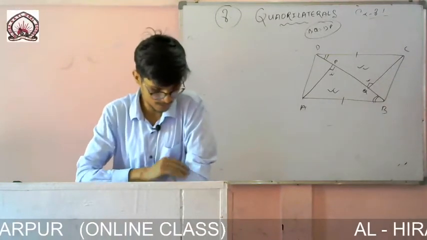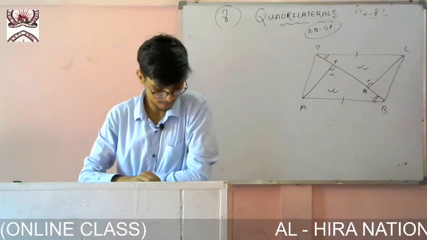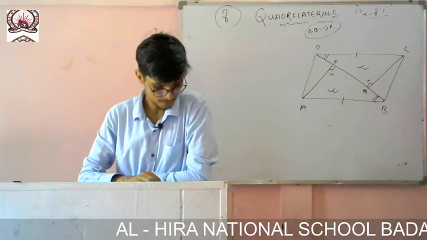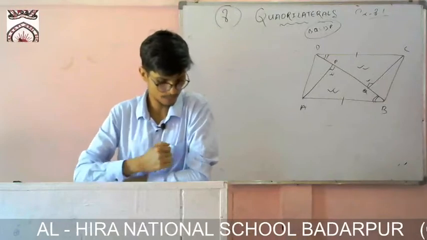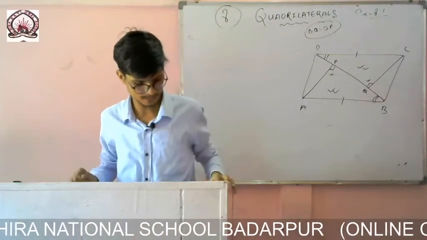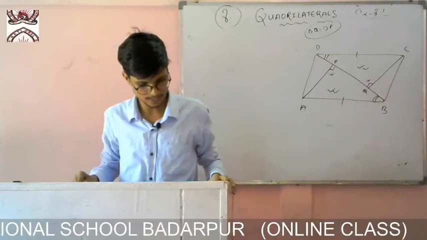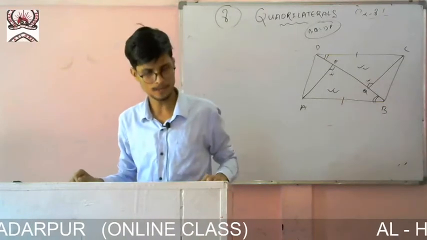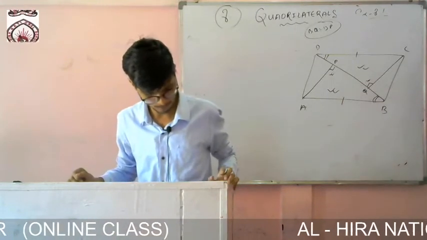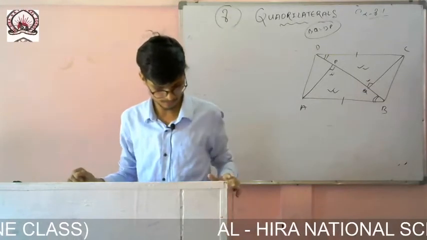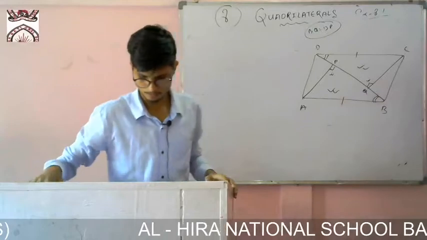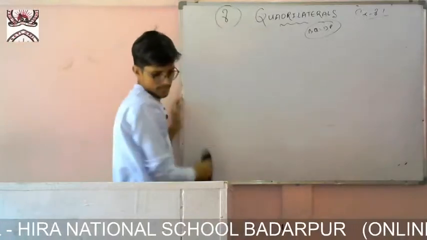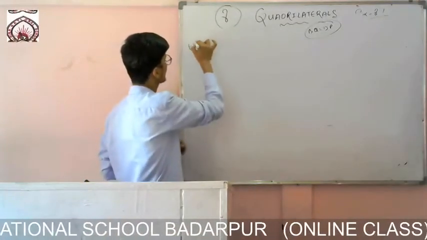So question number 11, you see, in triangle ABC and triangle DEF, AB is equal to DE and AB is parallel to DE, BC is equal to EF, and BC is parallel to EF is also given. Vertices A, B and C are joined to vertices D, E and F respectively. Show that ABED is a parallelogram, then BEFC is also a parallelogram, and then these things what is given you have to show one by one. Okay, so first one, let me show. First one, Roman number 1 and Roman number 2, it is the same. Same question, same thing, just you have to write.